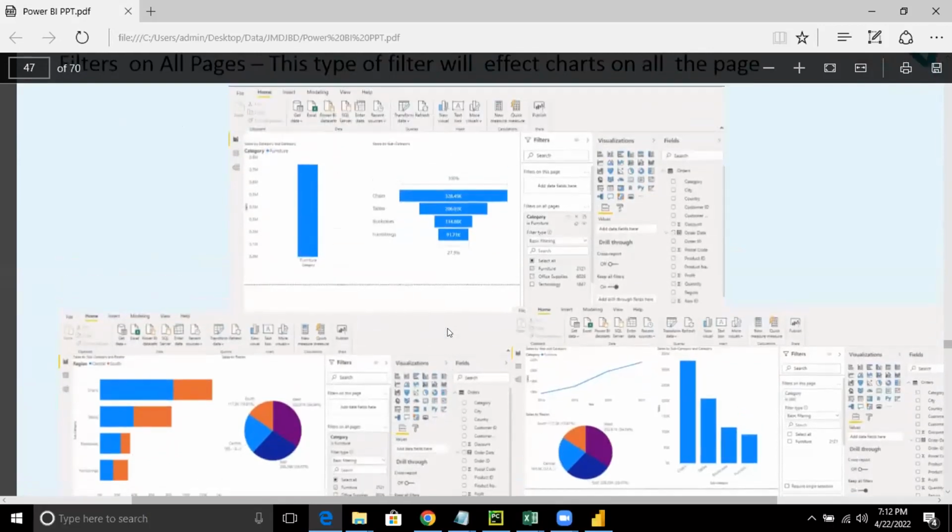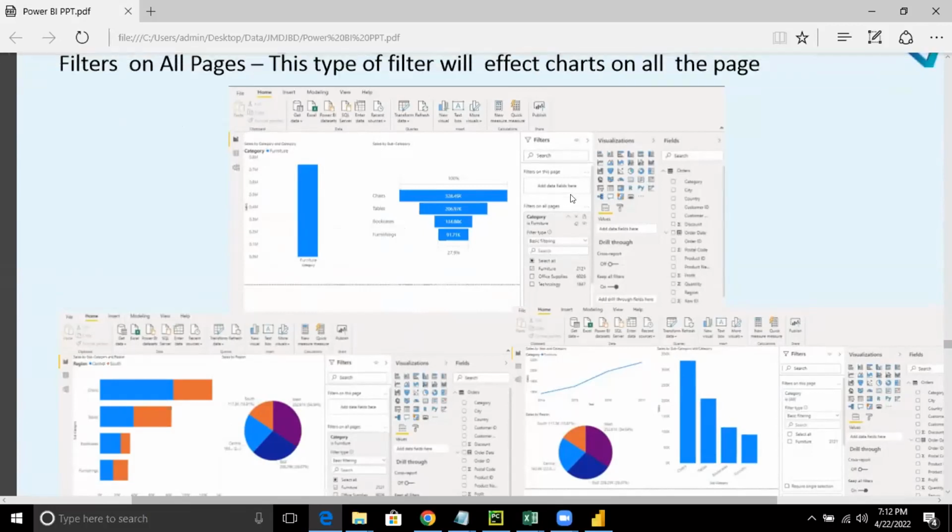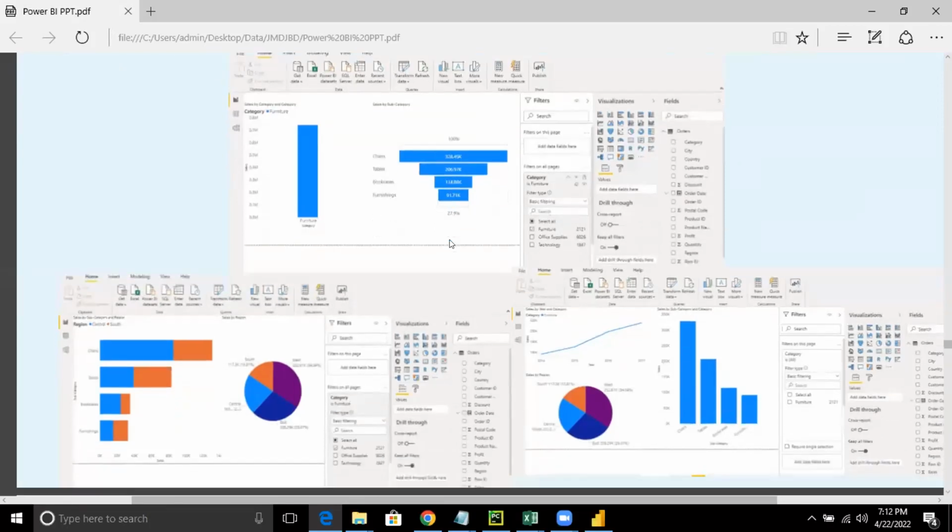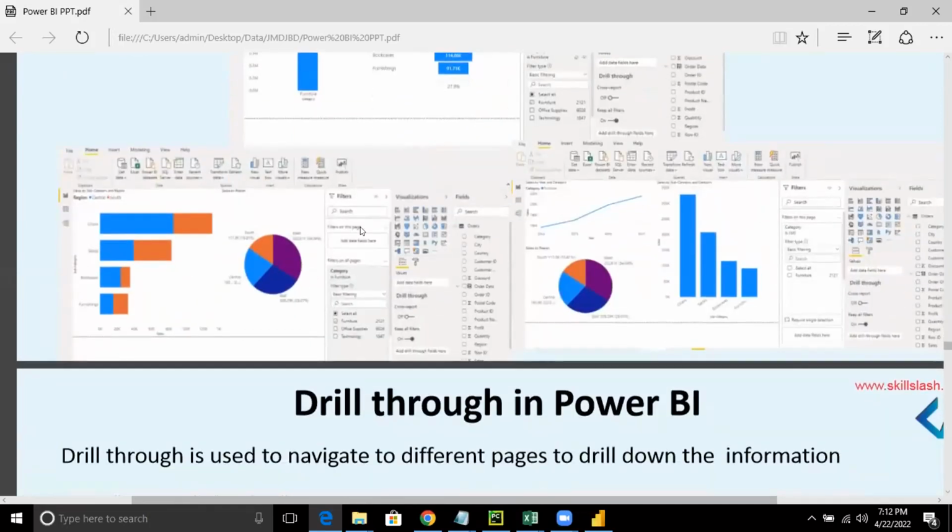Now in the filter chart, this is the category versus the sales that we are showing, right? Over here, you can see that I have selected the filter option. In that filter option, I've got category is furniture, filter type is basic filtering. First of all, you need to get the category. Then this furniture category is given to you. Chairs, tables, bookcases and furnishings, the information is given in the funnel chart. And then I wanted to add a filter to it, right? These filters can be added in multiple ways, right?